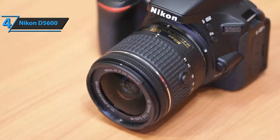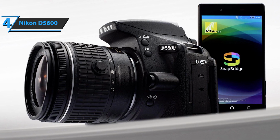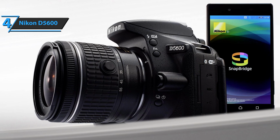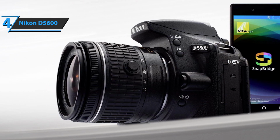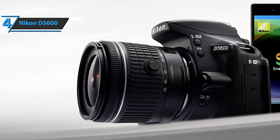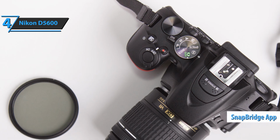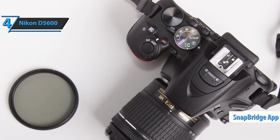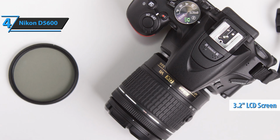However, videographers will have an extra reason to be pleased, as the D5600 has taken over the time-lapse function from the Nikon D7200, which will give enough space for video lovers to express their creativity. Aspects that have been further improved are the touchscreen function of the screen and communication with smart devices using the SnapBridge application. The Nikon D5600 has retained the mobile capacitive 3.2-inch TFT LCD screen from its predecessor, but has added